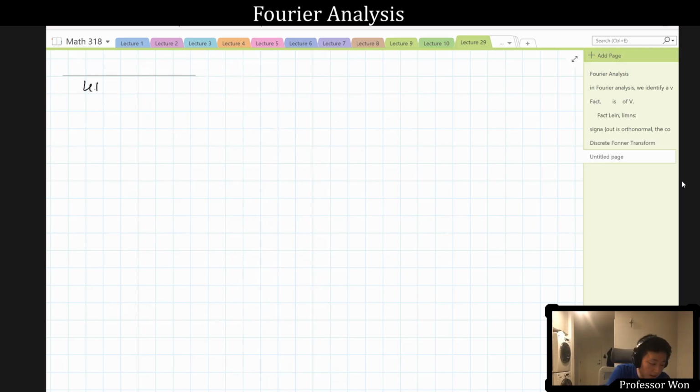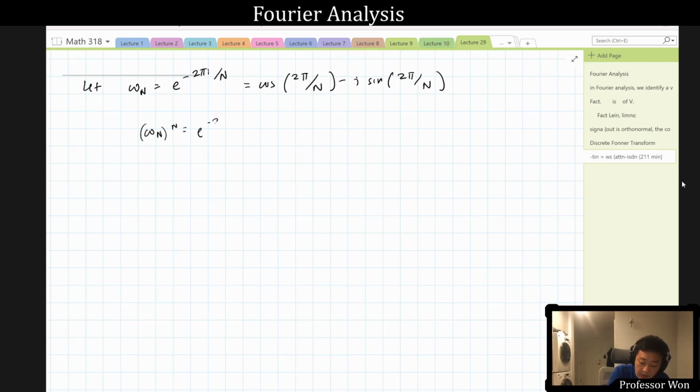So we'll let omega sub capital N be e to the negative 2 pi I over n, aka cosine of 2 pi over n minus I sine of 2 pi over n. And notice that if you take omega n to the nth power, you get e to the negative 2 pi I, which is just 1. So what is omega n? Omega n is one of the primitive capital nth